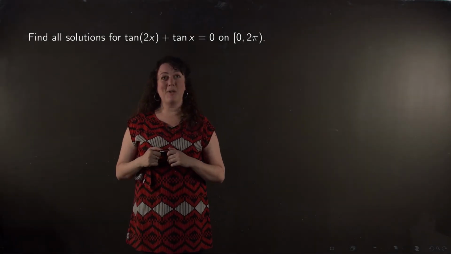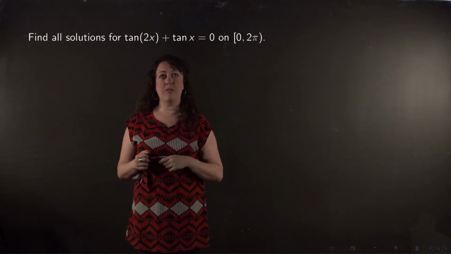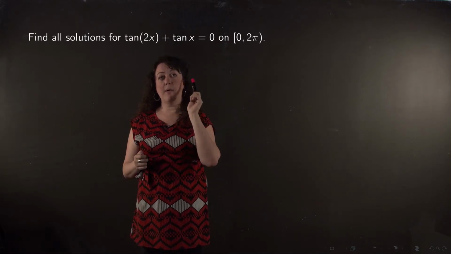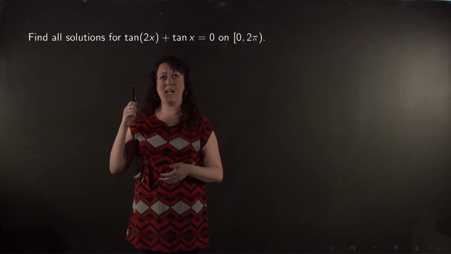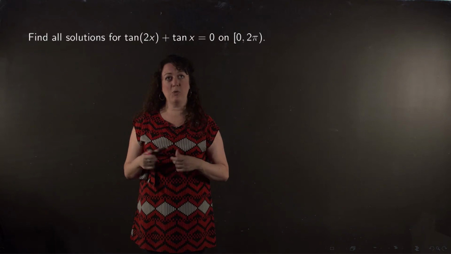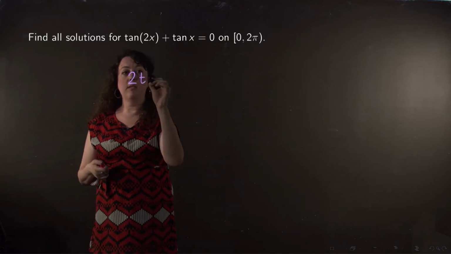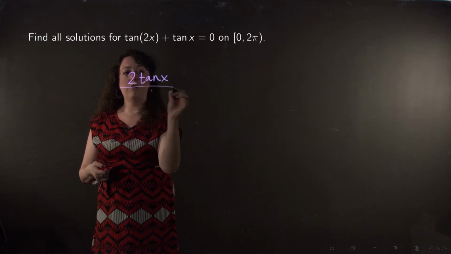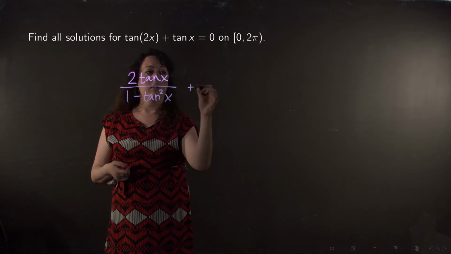All right, for this equation, they're asking us to solve it just on the interval 0 to 2 pi, so that means at the end we won't have to add those rotations. So I have a tangent 2x and a tangent. In order to combine those, I need to get that out of a double angle and use my double angle formula. So tangent of 2x, that's going to turn into 2 tangent x over 1 minus tangent squared x